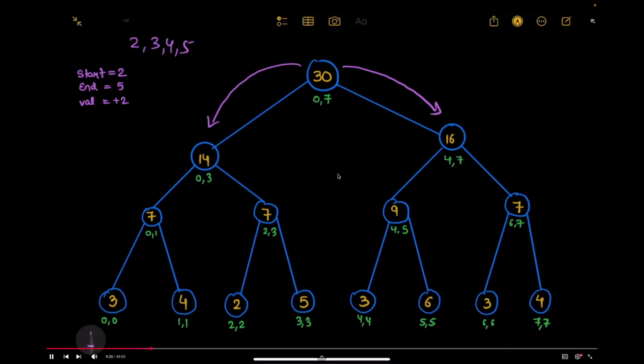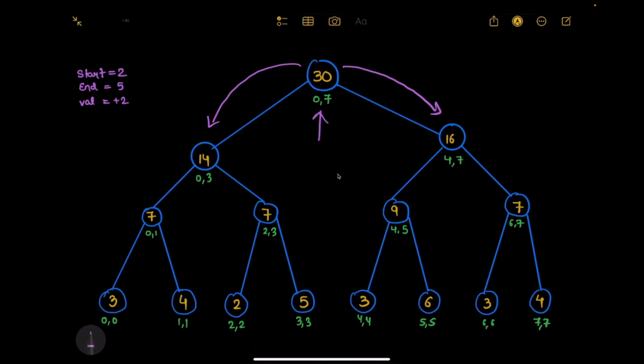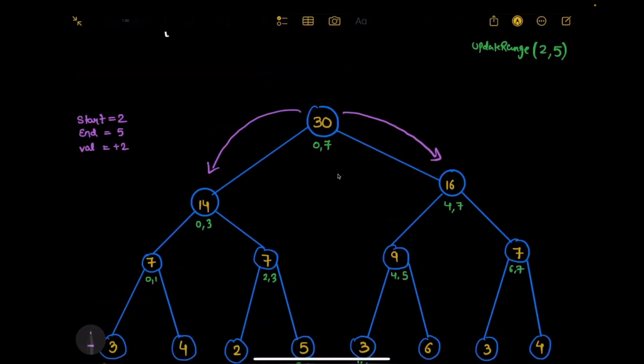इंडेक्स नंबर 5 तक का एलिमेंट चाहिए था, बट ये जो रूट है ना ये 0 से 7 तक रिप्रेजेंट कर रहा है। कुछ एक्स्ट्रा इंडिसेस भी हैं इसमें, है ना, तो वो हमें नहीं चाहिए। तो हम क्या करेंगे, लेफ्ट साइड और राइट साइड चले जाएंगे। तो सबसे पहले मैं लेफ्ट साइड जाके एक्सप्लोर करता हूँ। अभी मैं यहाँ पर आ चुका हूँ। ठीक है, अभी मैं यहाँ पर हूँ 14 के पास। तो अब देखो 14 का जो रेंज है, मतलब 14 जो है इंडेक्स नंबर 0 से लेकर इंडेक्स नंबर 3 तक रिप्रेजेंट कर रहा है, मतलब इसका L 0 है और R 3 है, बट हमें कौन से एलिमेंट चाहिए, इंडेक्स नंबर 2 से 5 तक का चाहिए।